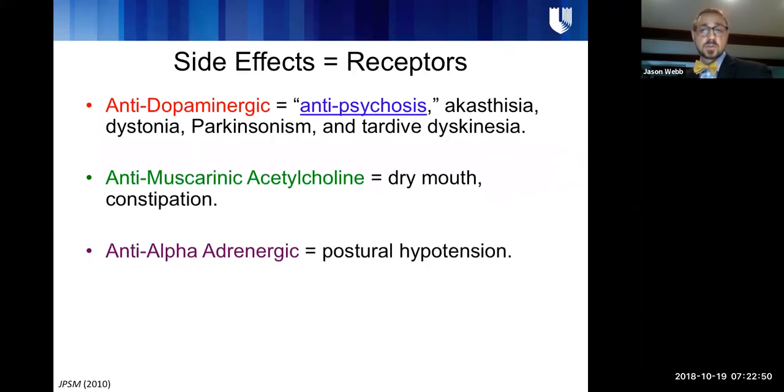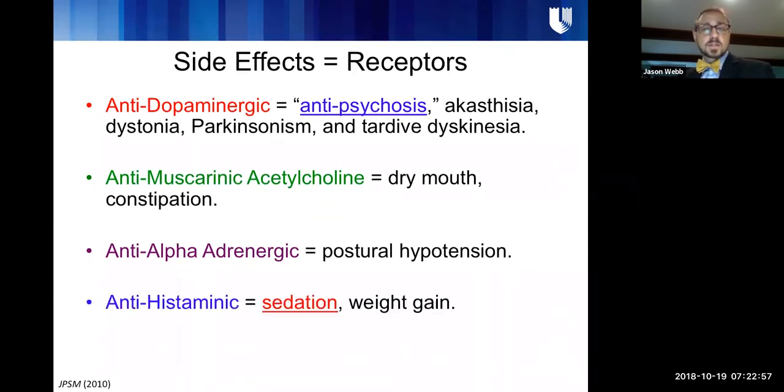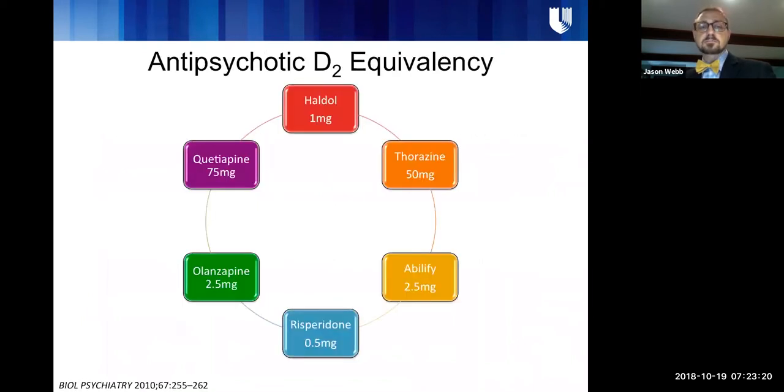Postural hypotension, which can be problematic for some of these medications as well, so people having orthostasis and falls. But one of the reasons that we use it, and we don't talk about this oftentimes, is that a lot of these drugs have different variable effects on the antihistamine system, which is really where we oftentimes use this for symptom management, in addition to the dopaminergic function, which is it's sedating. And so certain drugs in this class can actually be more sedating than others and can be helpful to harness that sedation side effect if we need it to help with some of the symptom management.